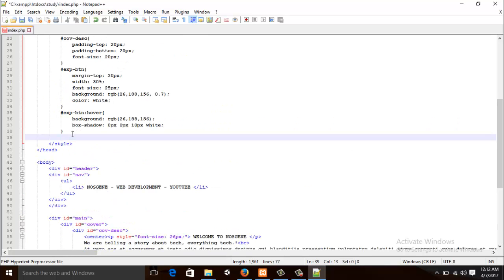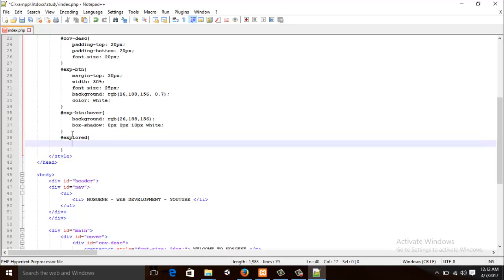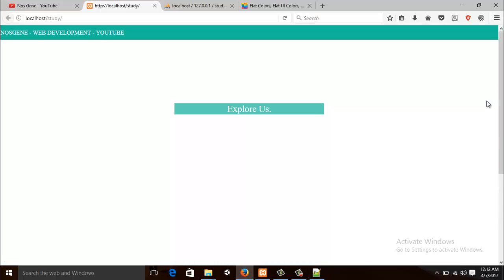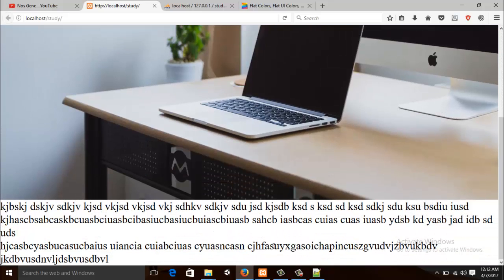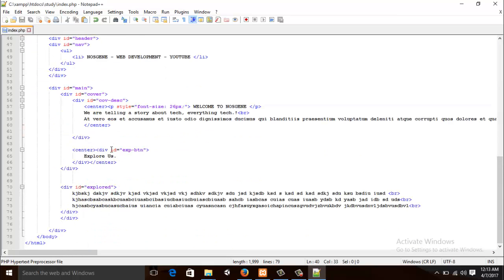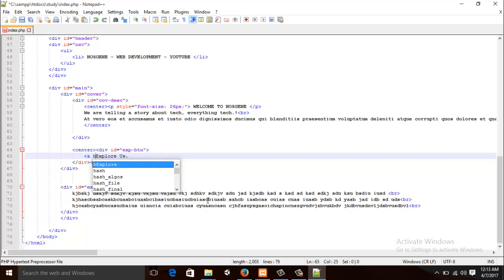I'm going to say explored, and I'm going to say font size be 30 pixels. Save it, refresh it. Let's go down and check. So this looks pretty much filled up. Now I'm going to say that the explore button must have a href, alright, and the href is linking to the hashtag explored, alright,